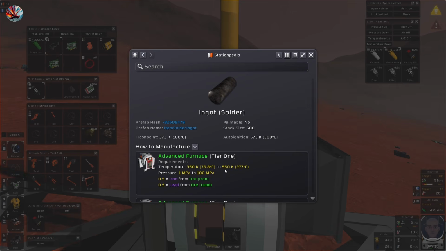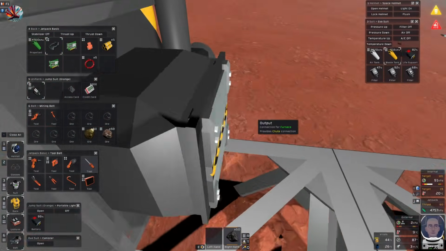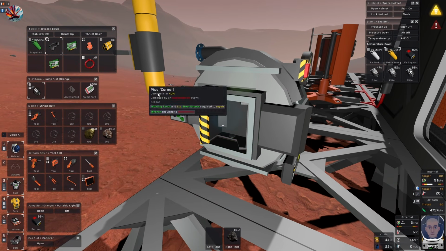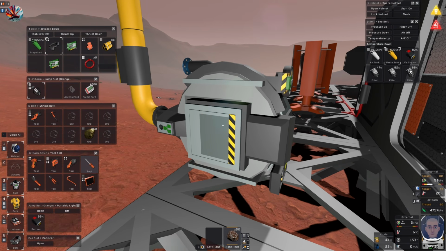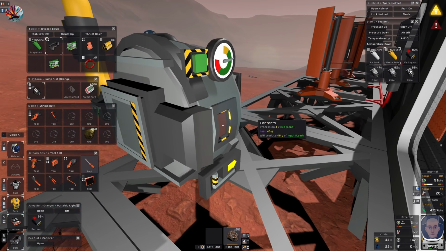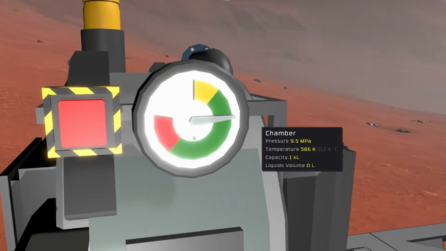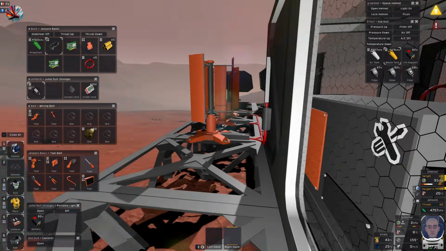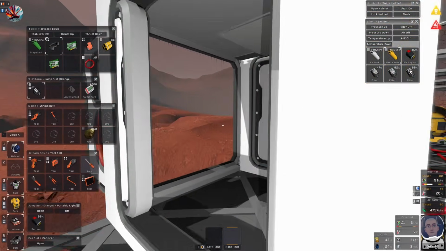Now, I can do it a number of ways. The temperature will come down if I put the ores in. And it is 50 lead, iron. What's that done to the temperature? Is it going to bring it down far enough? Go on. Do it. Oh, not quite. Damn. Okay. Let me go and get my belt of...